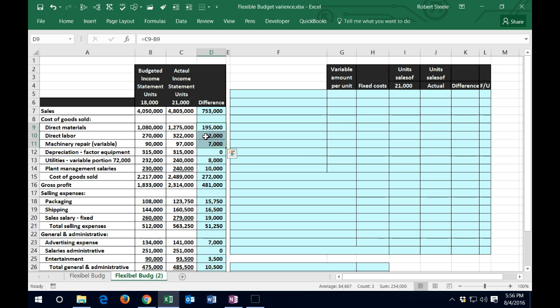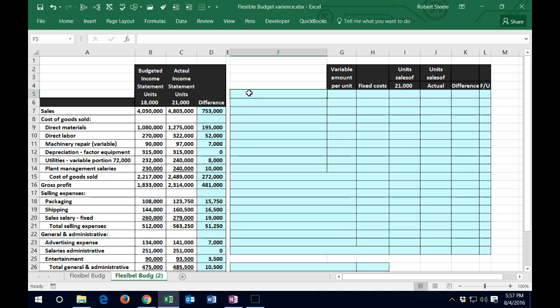Now, if we were to make those numbers what we expected to happen based on what actually happened in terms of production, then we could say, okay, direct material folks in the manufacturing department, you did a good or bad job, based on something that is reasonable. So in order to do this, we're going to do a similar thing that we did in the prior problem,